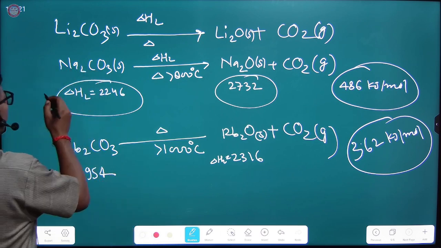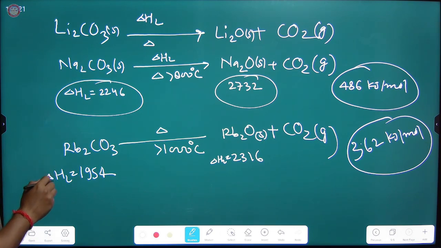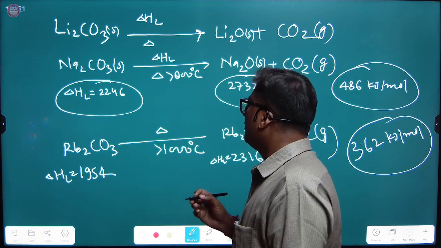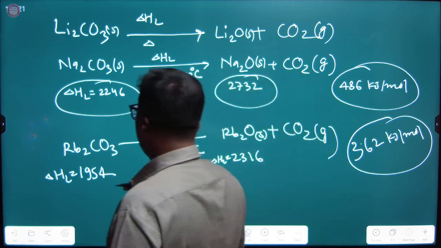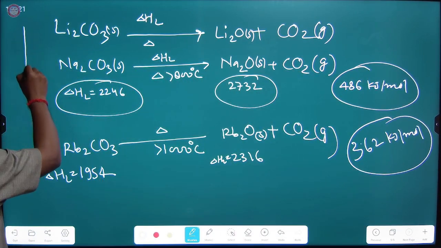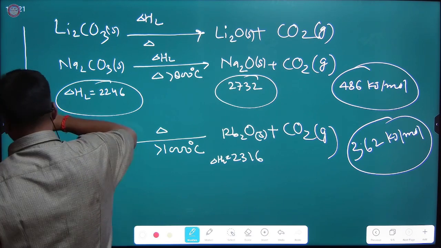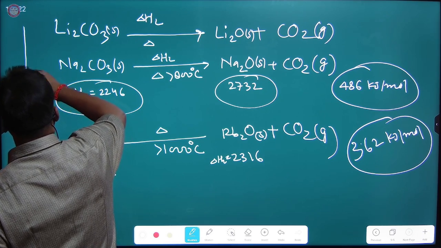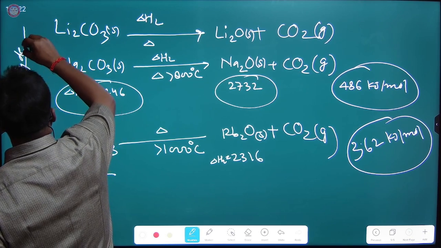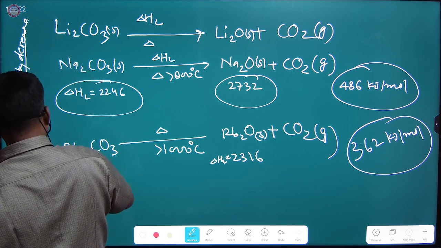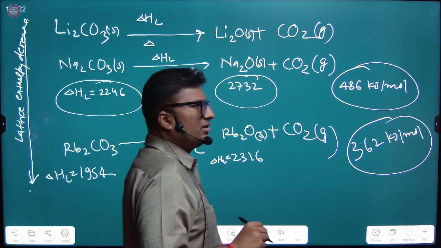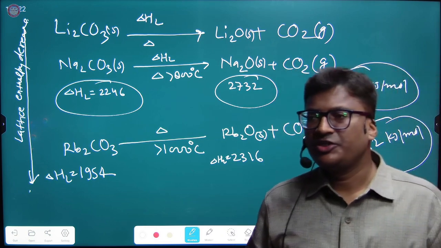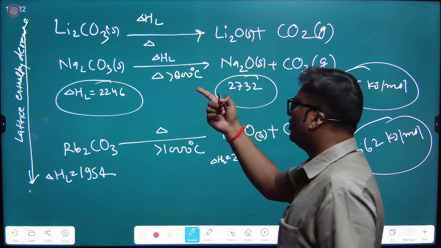So from moving top to bottom of alkali metal carbonates, the lattice enthalpy decreases, right? From top to bottom, lattice enthalpy decreases in case of carbonate. Lattice enthalpy decreases, right? Lattice enthalpy decreases means lower carbonates are more stable in comparison to the initial ones like lithium carbonate or sodium